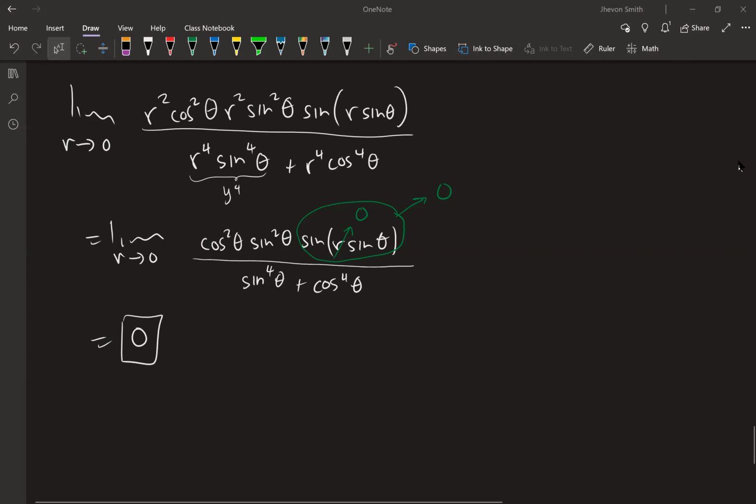Yeah, so polar is another option. That's why I showed you guys. Sometimes it can just help you get to something a little bit more definite. Let's look at